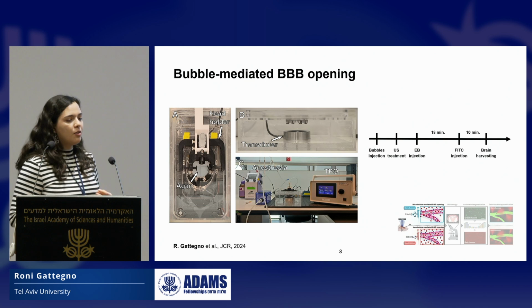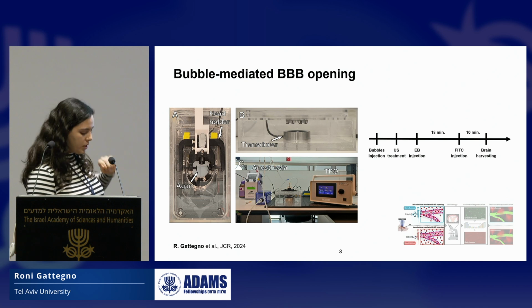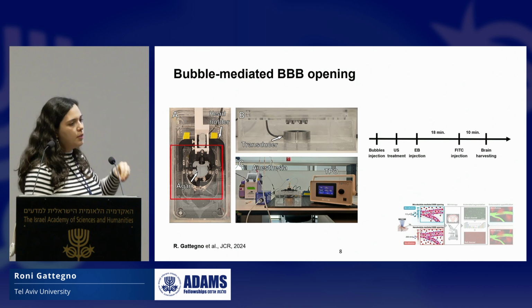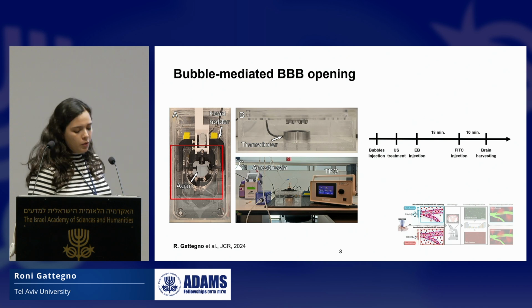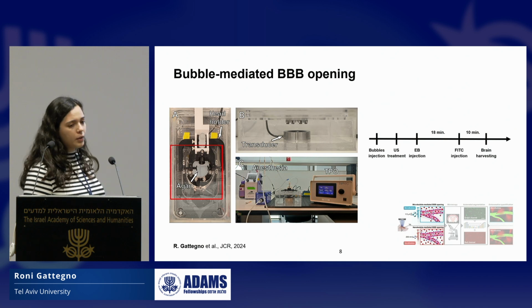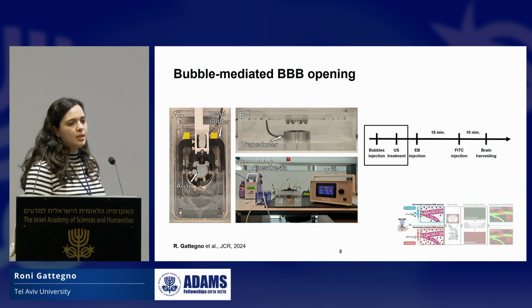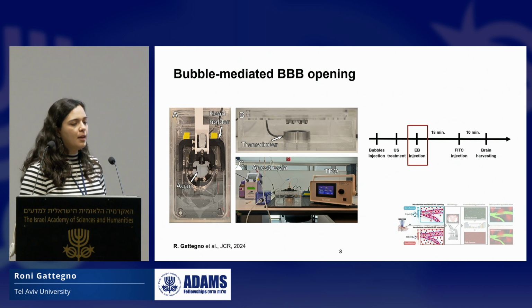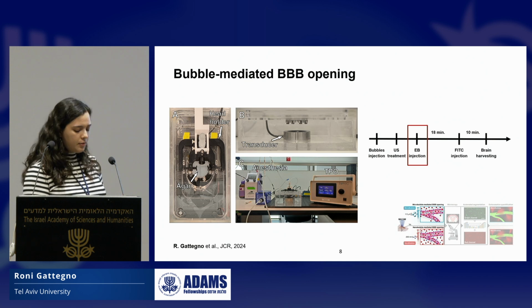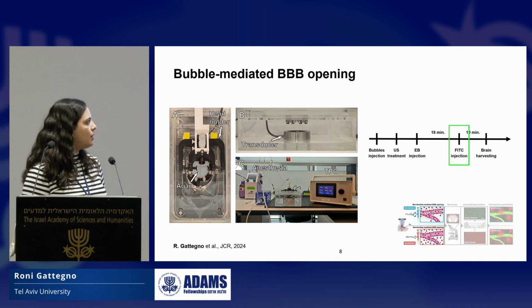So first of all, in the course of the experiment itself, we positioned the mice above the ultrasound transducer on this agarose pad, and we fixed his head with the head holder. And he was lying above the transducer of the ultrasound that was in the water bath. We started with bubbles injection and focused ultrasound application, meaning we opened the BBB. And then we injected Evans blue dye. It's a dye that fluoresces in red. And after 18 minutes, we injected another kind of dye called FITC-dextran. It's fluorescent in green. And then we continued with the